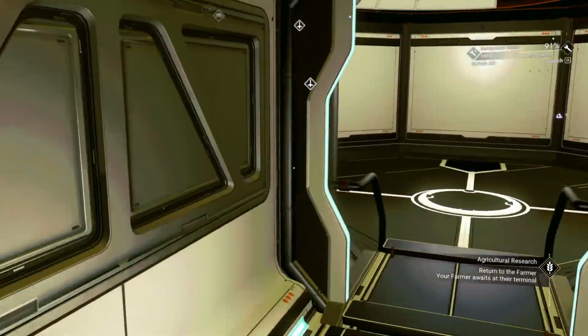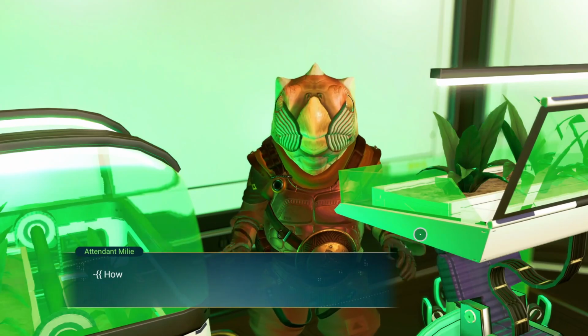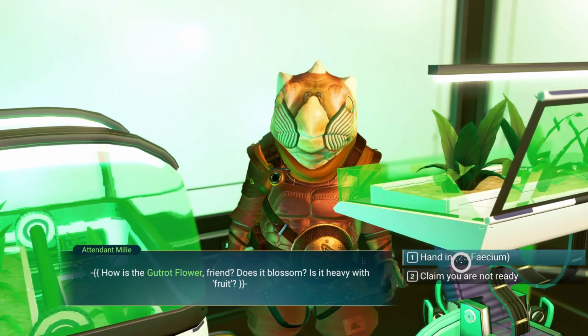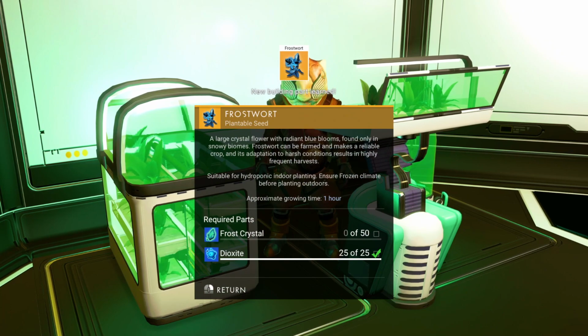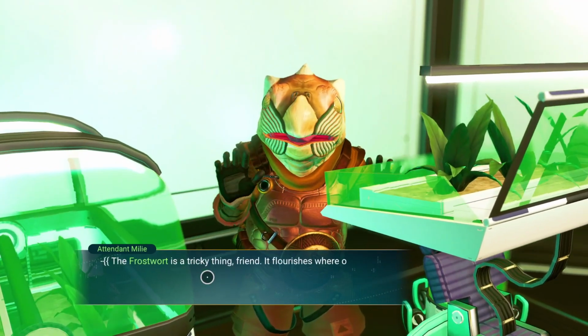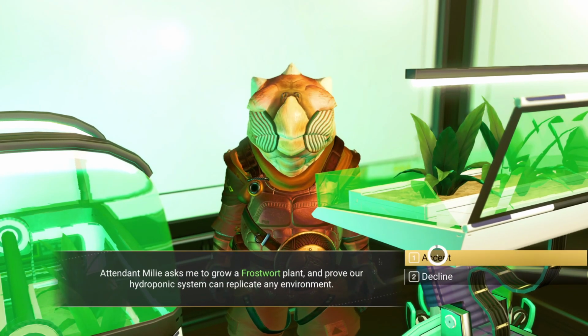Return to the farmer. Where's the farmer? Oh, he's here, isn't he? How's the gut rot plant? They're handing... oh, we can actually short circuit it by just giving him the thesium. So we've now got a frostwort planet. Yeah. Okay, except